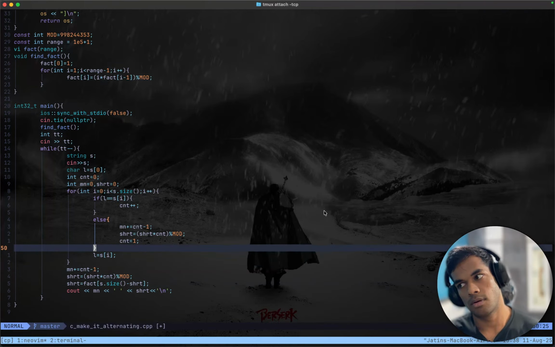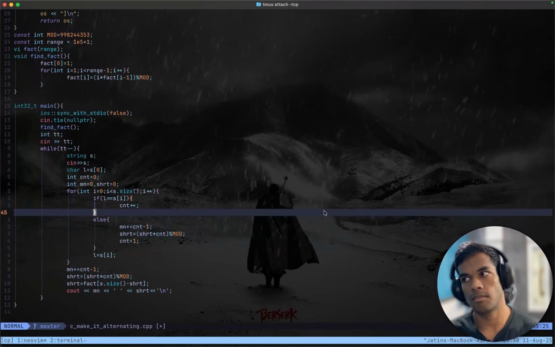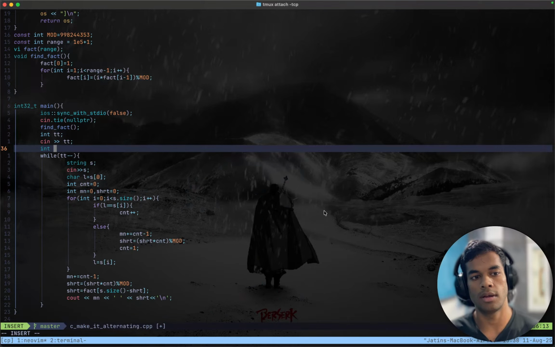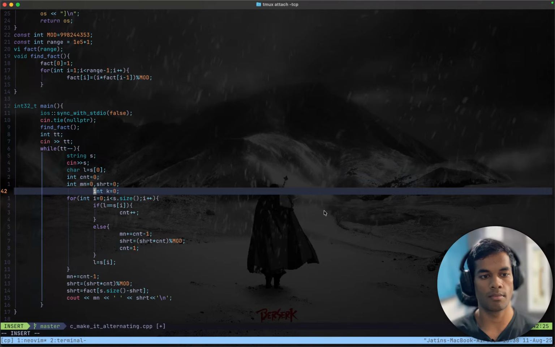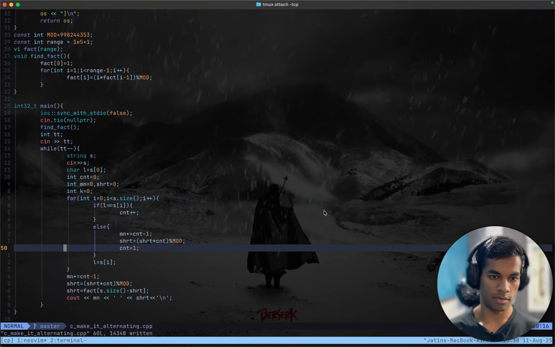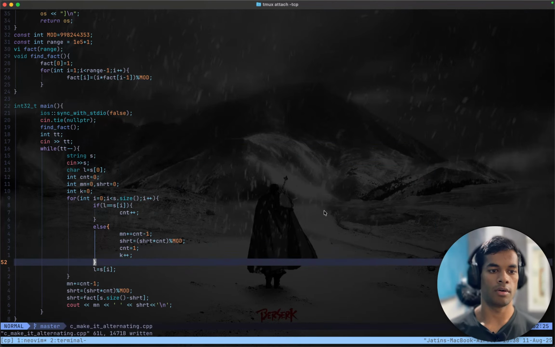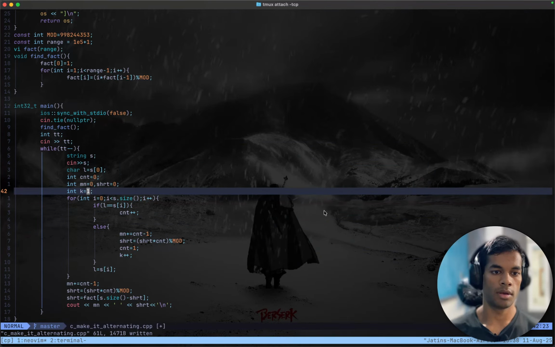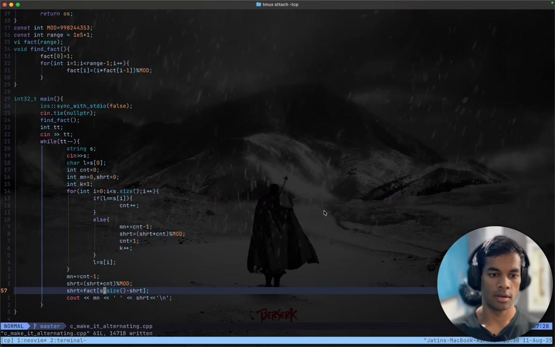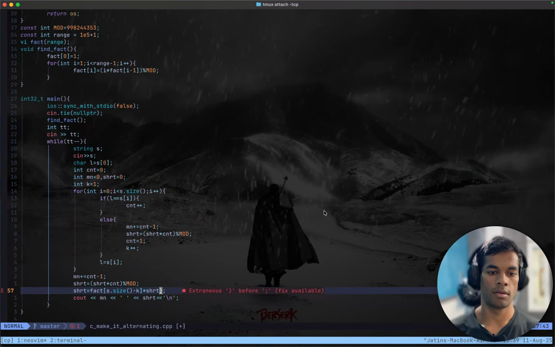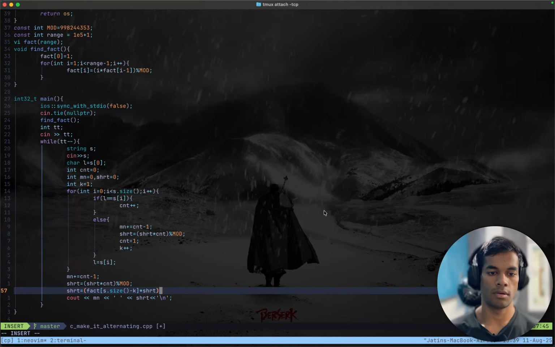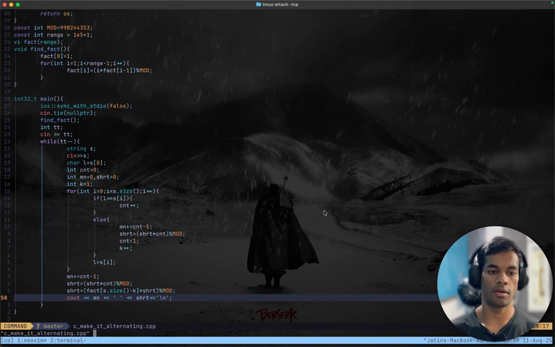Okay. Also, I need to find k, that is the number of groups, and k equals 0. Here, k equals 0, and whenever I see this, k plus plus, or I could do k equals 1 here, and then this factorial multiplied by shirt, and then take its remainder with the mod,